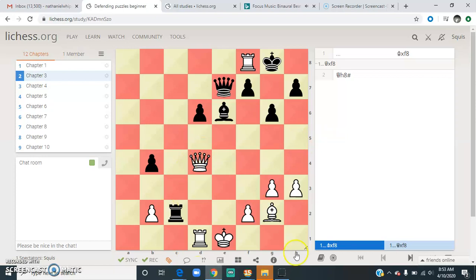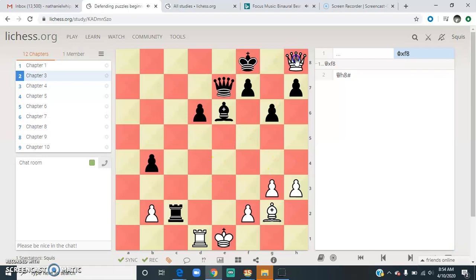Beware of your opponent's pieces here. The queen here is on this long diagonal. The idea here is you must take the rook with the queen. If you make a mistake and capture the rook with your king, queen plays to h8, and this is check and